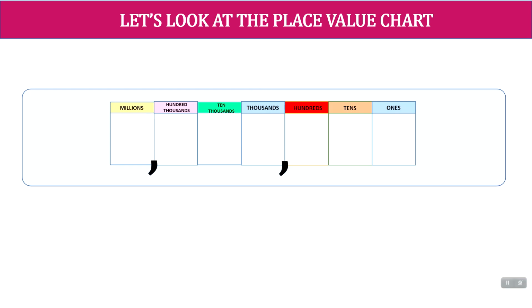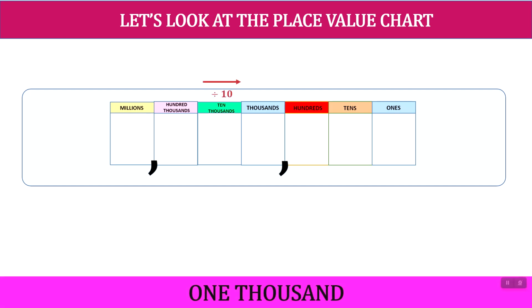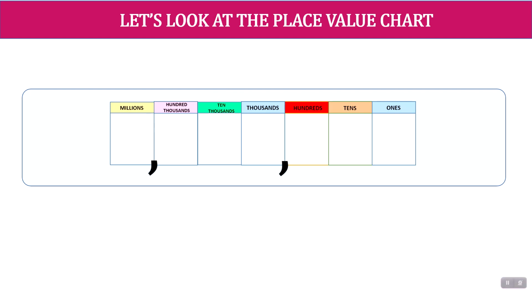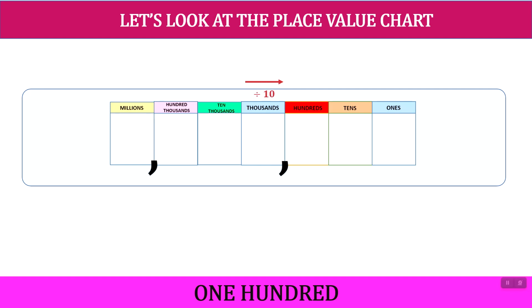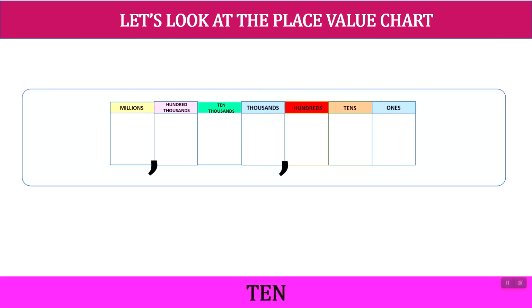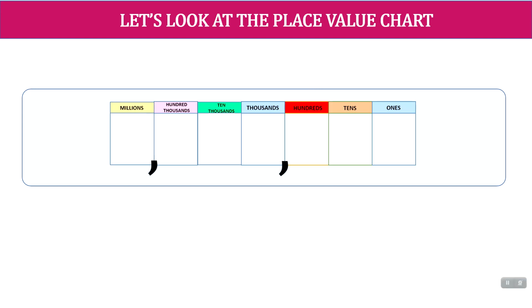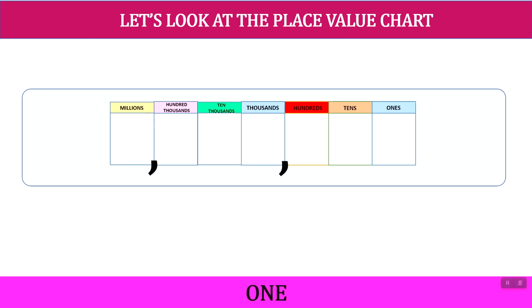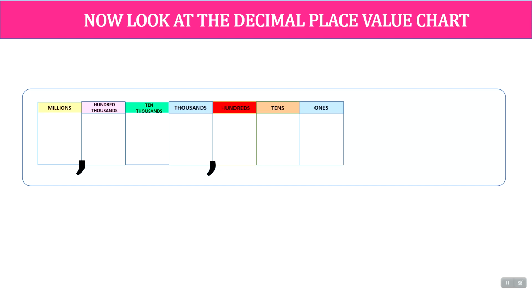Now let's move backward from 10,000 back to 1,000. We'll notice that to move back to the right, we divide by 10. So 10,000 divided by 10 is 1,000. And moving backwards from thousands to 100, 1,000 divided by 10 gives us 100. If we move back again to 10, 100 divided by 10 gives us 10. And continuing to move to the right, to get 1, we take 10 and we divide by 10 to give us 1. Now let's look at the decimal place value chart, which is just an extension of our regular place